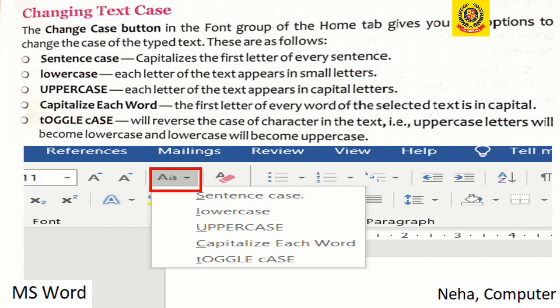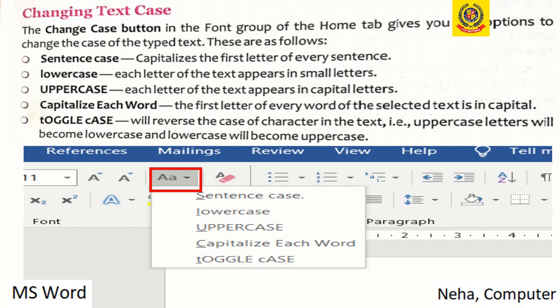If we are writing a sentence, in this each word has its first letter converted to the capital form. And next is toggle case. It will reverse the case of characters in the text. That means if the letter is in uppercase, it will be converted to lower, and if it is in lowercase, it will be converted to uppercase.